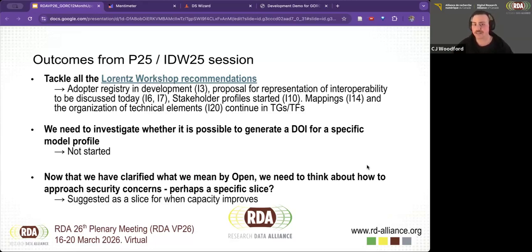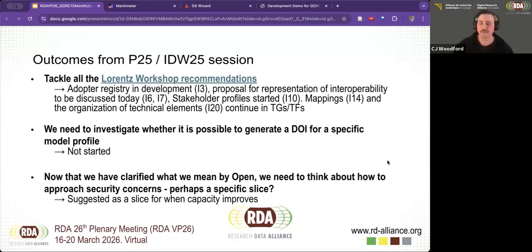And so this is suggested as a thematic slice that we would take through the model. So all the things across the essential elements that would pertain to security concerns, and maybe that would be divvied down by stakeholder group and that sort of thing. But ultimately, we just don't have the capacity to start that work right now. So it was proposed, but we didn't have enough working group members sign up for it. So we have to put that one on the back burner, but it is still on the blue sky list.